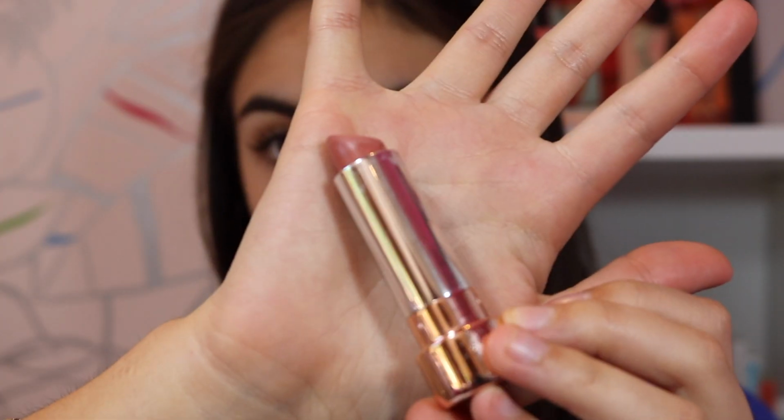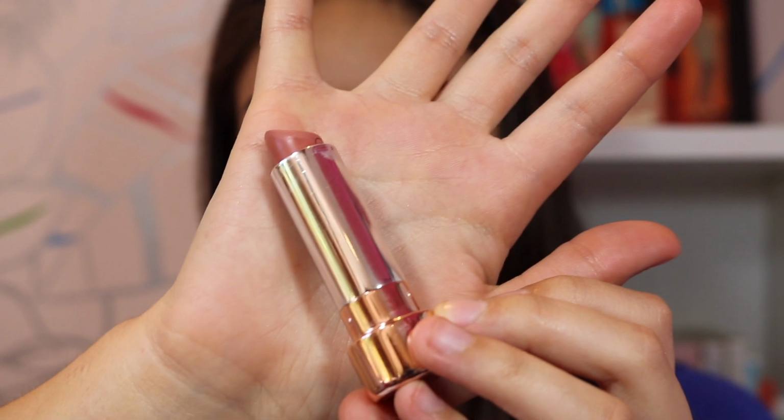Next, I have another one here that has a different cap, but this is my Soap & Glory Sexy Mother Pucker lipstick in Super Nude. I lost the cap, so I just used the cap of another one to put it on this one because this is my favorite. So basically, this is a color right here. They smell amazing, and this is sort of the same formula of their Sexy Mother Pucker Gloss, which is a lip plumper,